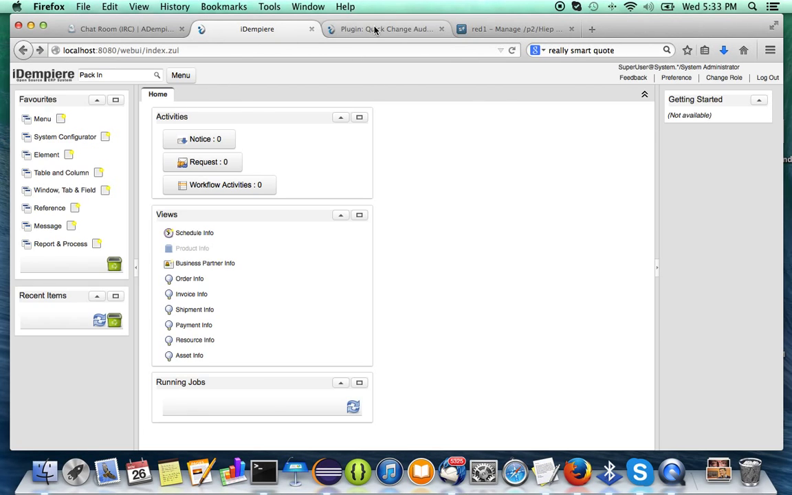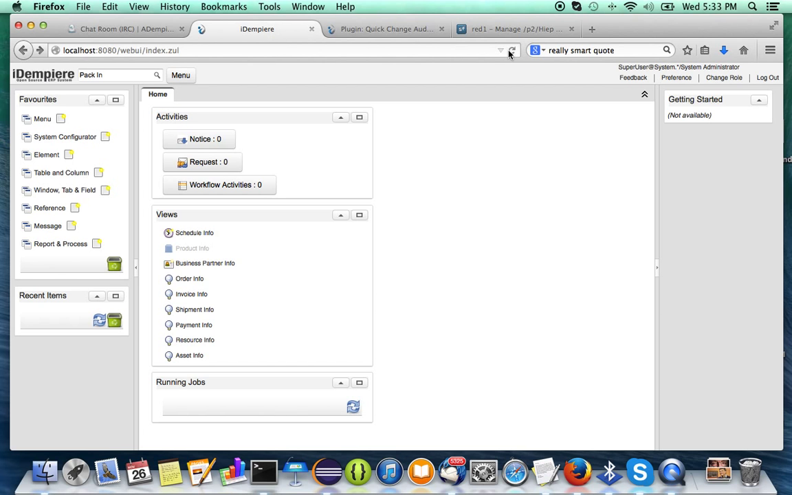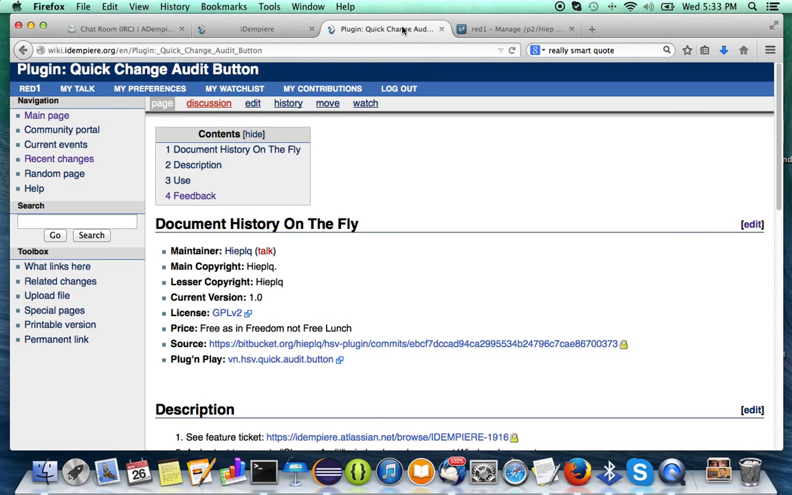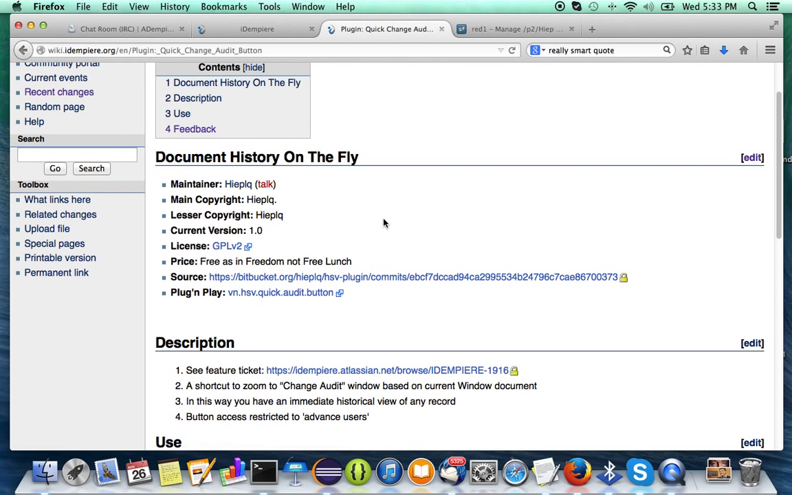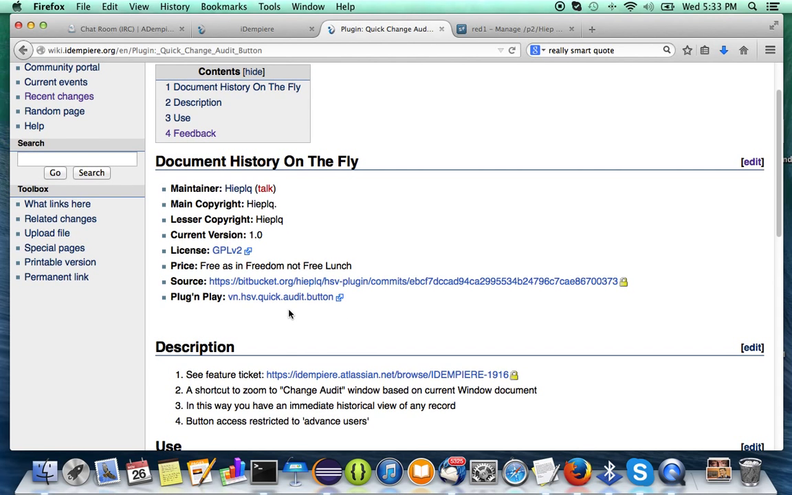Hi, good evening. Have you ever wondered what is happening in your application when you're opening a window, and you want to know who has touched it, when, and what they have changed inside your document? Well, you could now have a direct link to your change audit log with a button